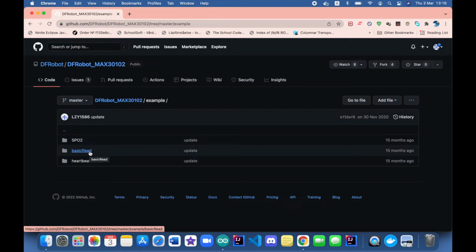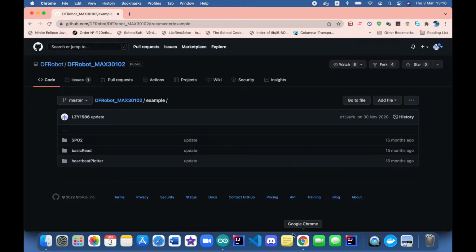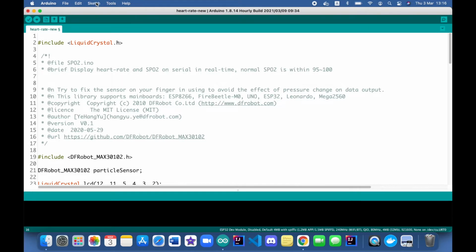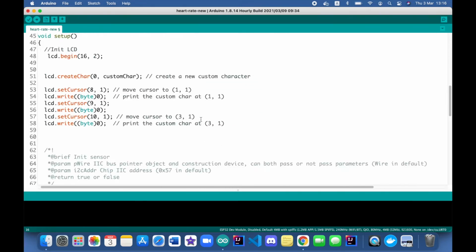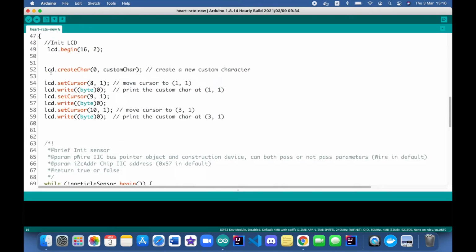Basic read just prints the number of pulses that it received. It's not actually pulses, it's beats, and this will give you a range of like 90,000 or 100,000 beats, and that's the raw data. The heartbeat plotter will plot the heartbeats inside the Arduino plotter tools, this one, serial plotter. So you can use different options: monitor, plotter, or LCD. I have used LCD, but if you want to use just serial monitor and skip the LCD part, then just